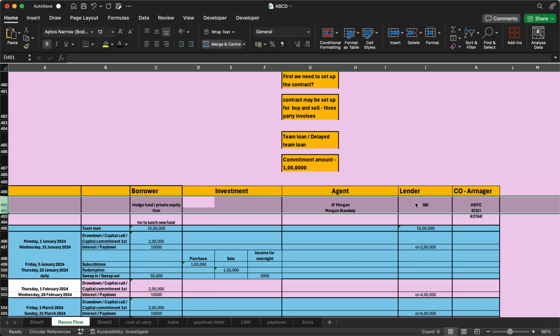For this example, we have taken that they want to launch a new fund. So they reached out to SBI, and SBI said that we do not want to take much risk on this fund. So they arranged some co-arranger banks like HDFC, ICICI, and Kotak Bank. For that example,